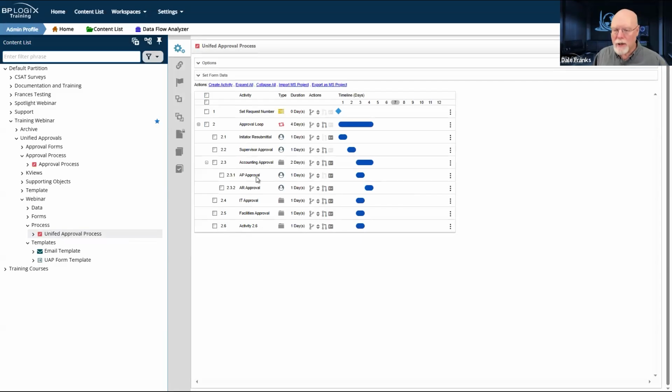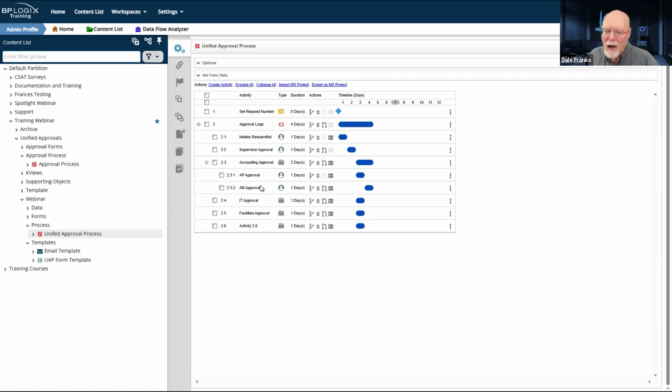Great. Now it's going to go to the individual activities. Well, each of these individual activities also have their own needed when conditions if necessary. So, for example, AP approval can only run if it's a purchase request or a purchase order. AR approval will only run if it is a vendor payment.